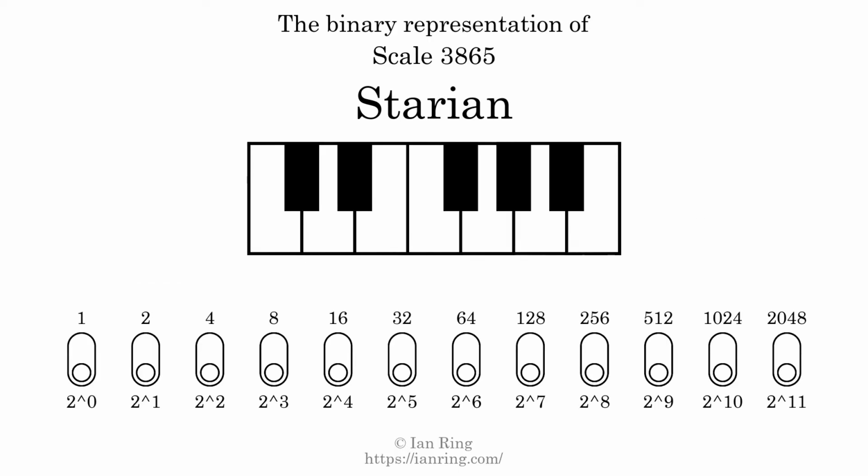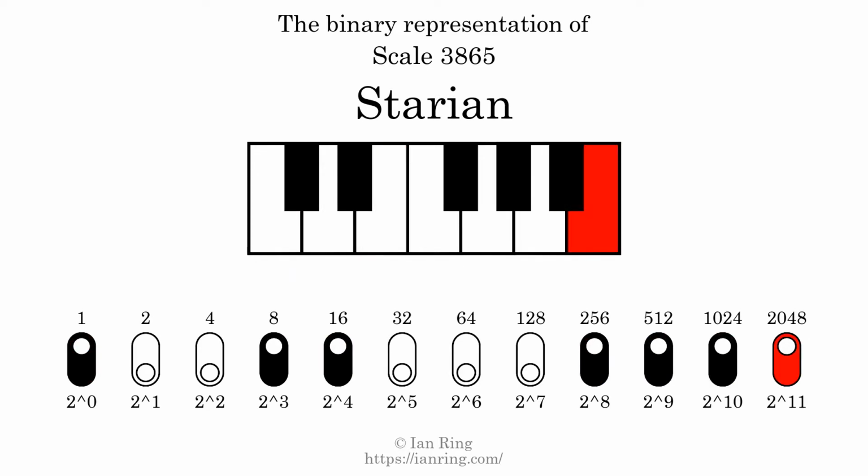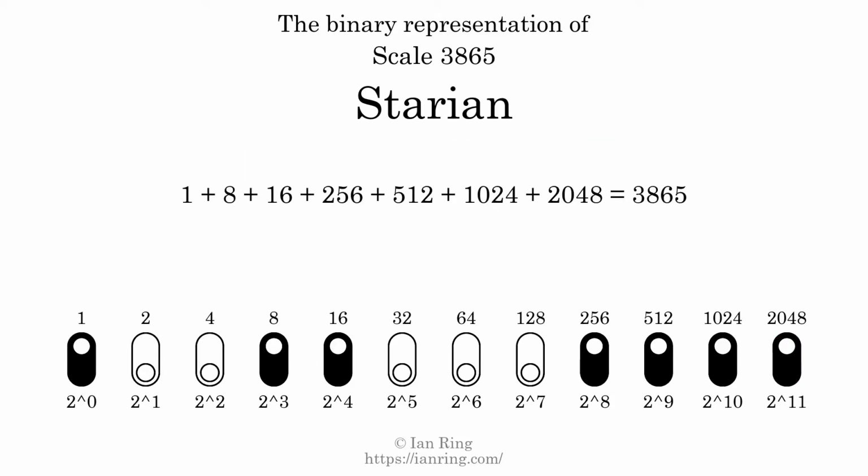The binary representation of this scale is determined by mapping tones of the scale to binary digits. Each binary digit represents a power of 2. To get the scale number, we add the powers of 2 together. The powers of 2 that are present in the scale, all added together, equals 3865. That is why the scale number, in decimal, is